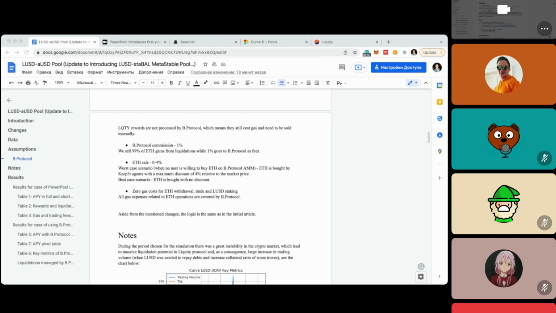We see the development of this product is really fast. Yeah, and also we are collaborating with B protocol on liquidations, and we'll integrate them. Also, we are in contact with Liquidity teams that also will provide some probably technical support if we need it, but we probably won't need it because it's quite a simple thing.